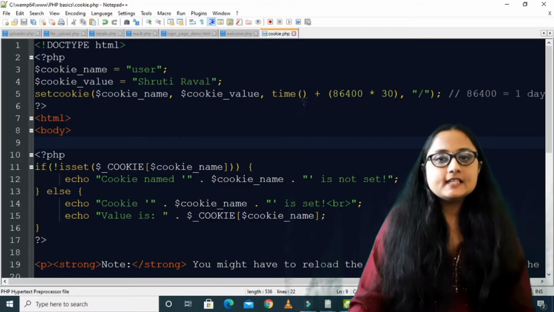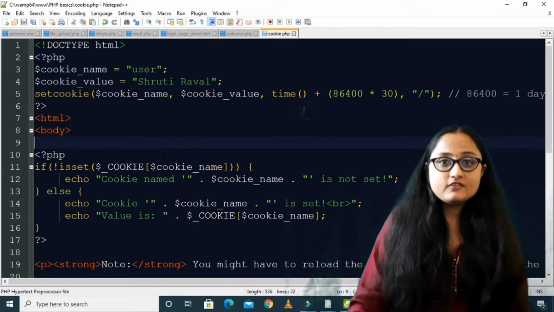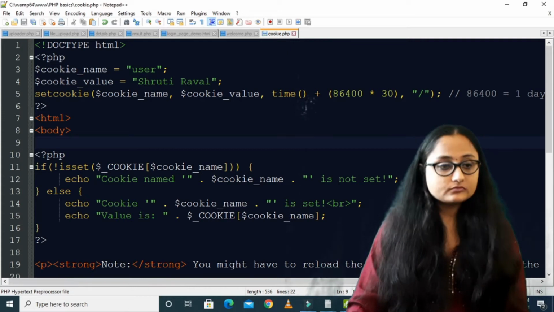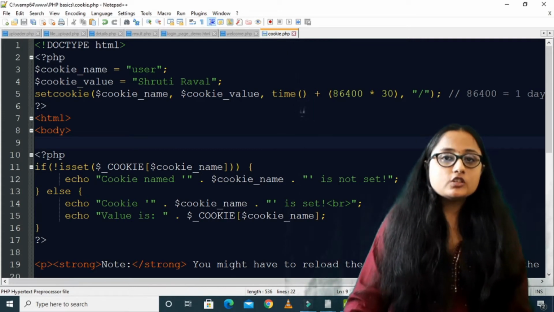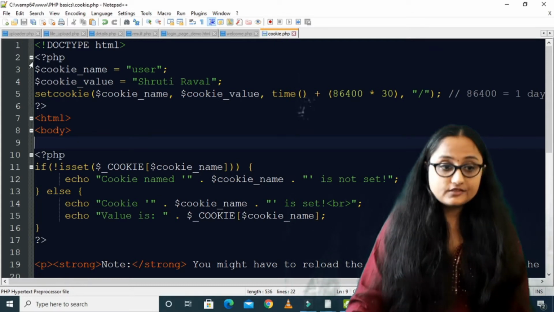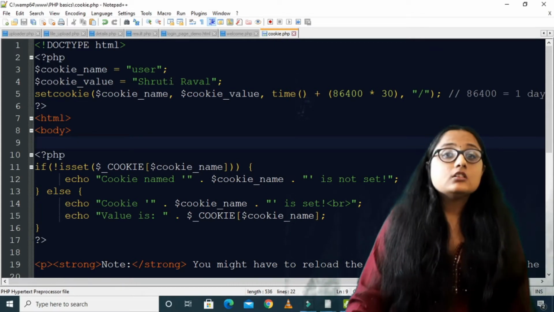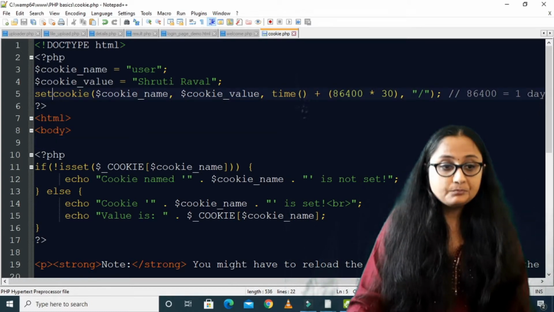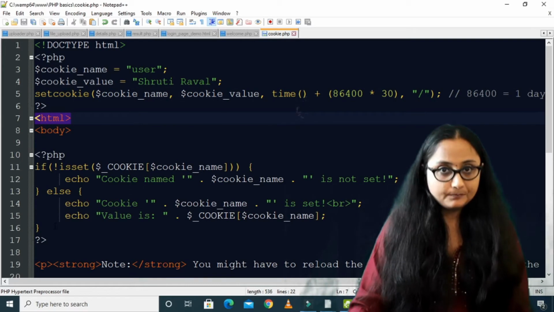So here you can see that I have created a program in which I will set the cookie name and cookie value, and I will retrieve the cookie value. So let us start. Now the important thing that you need to take into consideration while creating the cookie is that you have to call this set cookie function before you start your HTML, right?